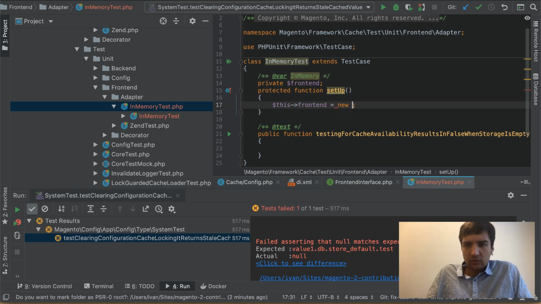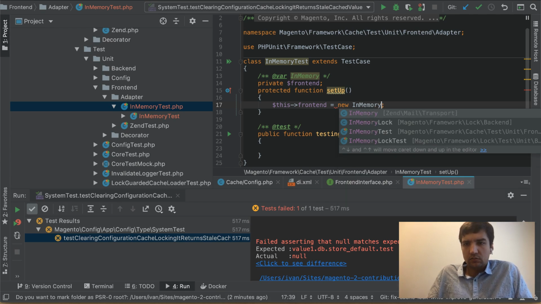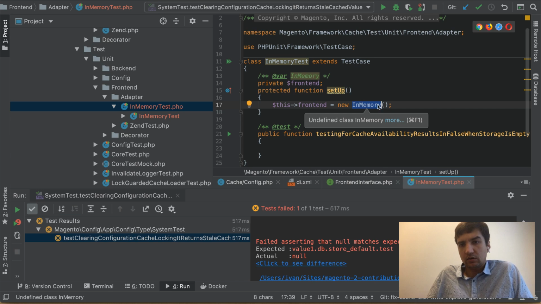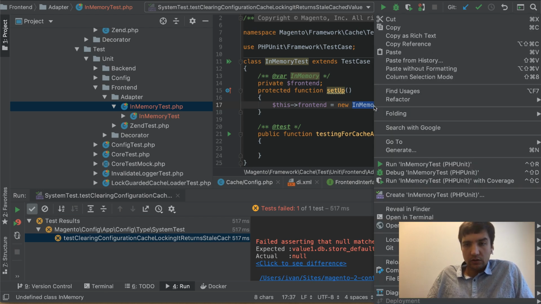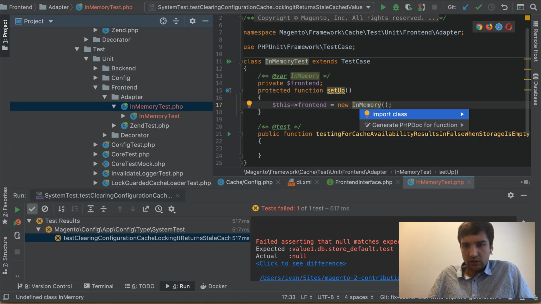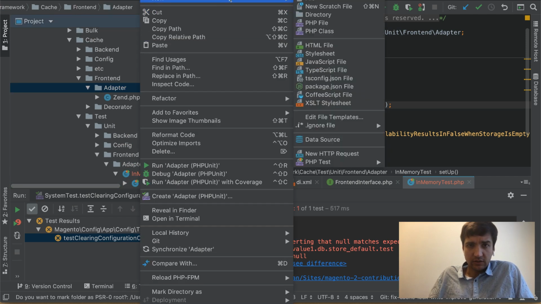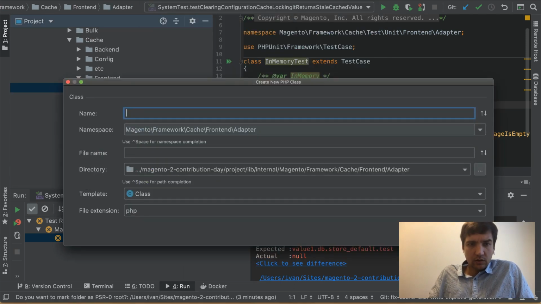And here we're gonna create a new in memory caching adapter. So let's go on and actually create the class. Oh, it doesn't let me create it like this. Okay, so let's go on and create the class here then. In